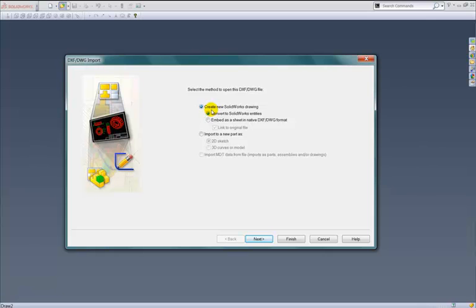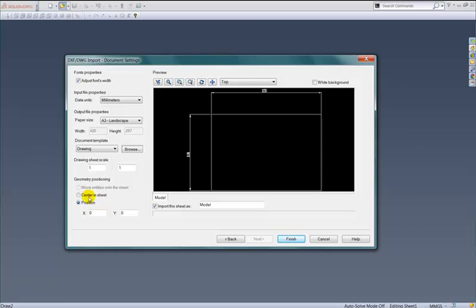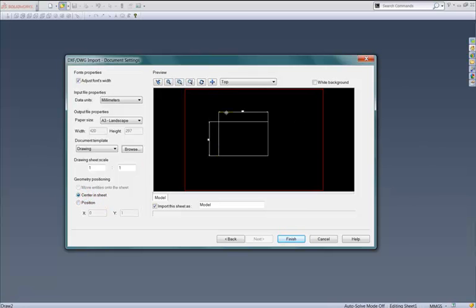First of all, if we look at bringing the geometry into a drawing, clicking the next button, we can choose the layers to bring in. So if your geometry has multiple layers and you only want certain aspects, then we can choose at this point which to bring in, and then clicking next, we can choose the position of the geometry on the drawing sheet. The red area is the drawing boundary, and I've just selected center in sheet. We can also choose at this point the paper size, so picking A4